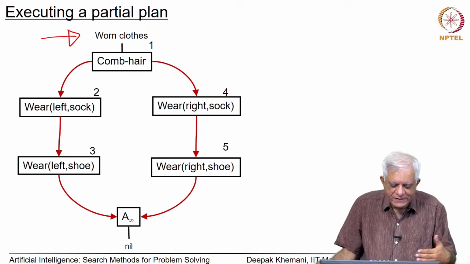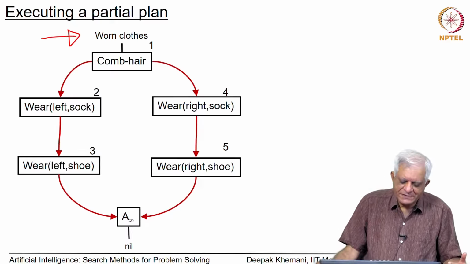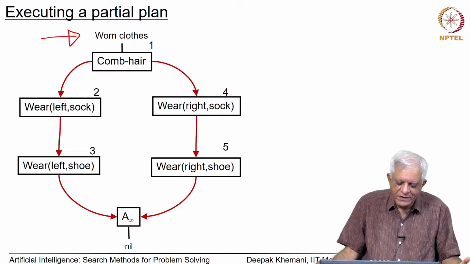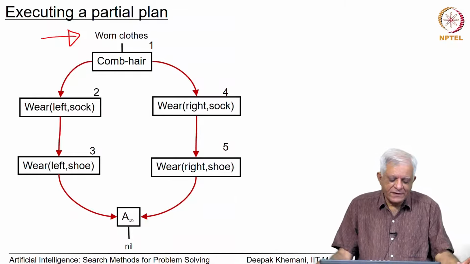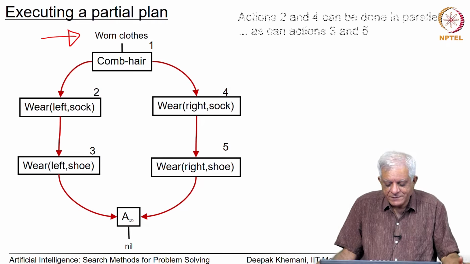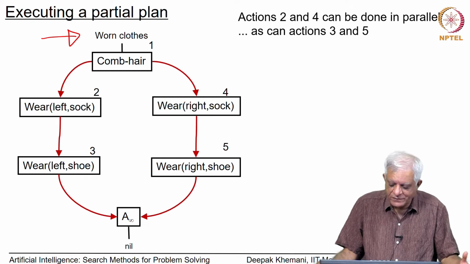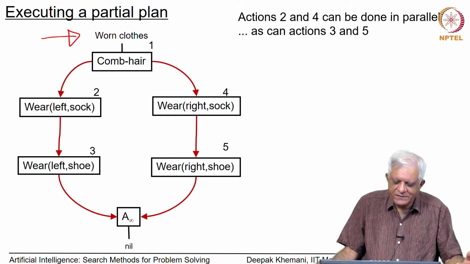Now, when you execute such a plan, a partial plan, and this is very similar to the plan that we produced for the blocks world domain, it is a partial order and we are talking about how to execute it. How you execute it will depend upon the capabilities of the agent who is executing these plans. If you are very skilled, for example, then it is possible that you can do actions 2 and 4 in parallel, which means you put on both your socks simultaneously and then you put on both your shoes simultaneously. So, in 3 time steps, the first time step was used for combing your hair,